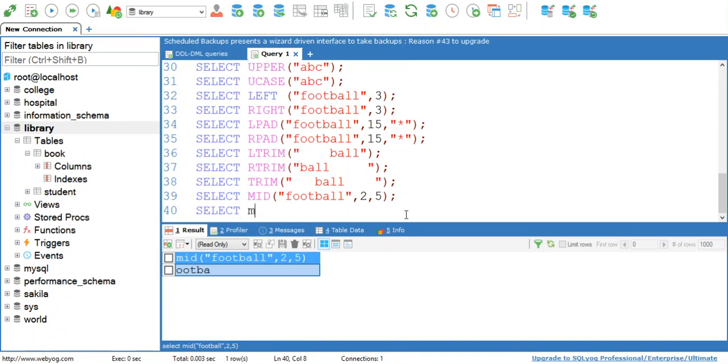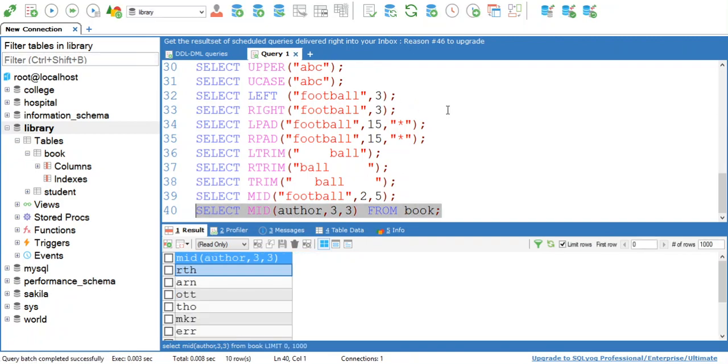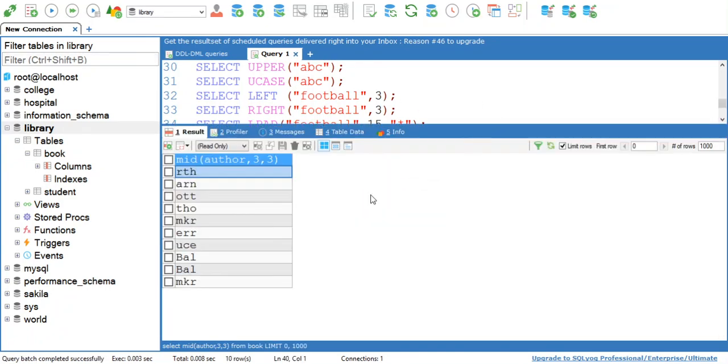This mid can be used with your attribute also, which is a part of your table. So I want to find the substring from author, which is an attribute of my table. Starting from the third letter, display 3 letters. If you execute this, in the output you can verify 3 letters are there.